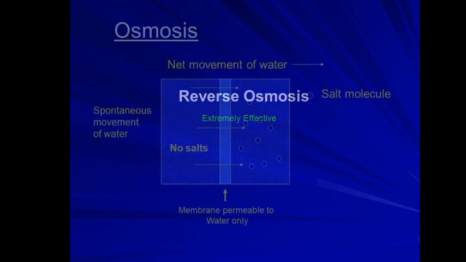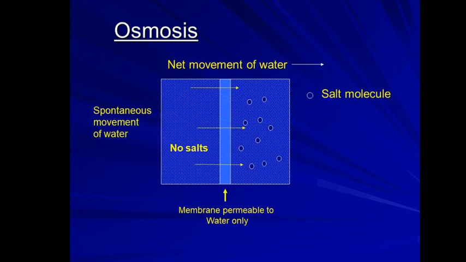Okay, so in this picture you can see on one side the salt solution, and on the other side the no-salt solution. Between them is a semi-permeable membrane that allows only water to pass. Due to pressure or temperature, only water is allowed through that membrane, so the salt molecules are separated on one side and you get clear water on the other side of the membrane. So this is the process of osmosis.